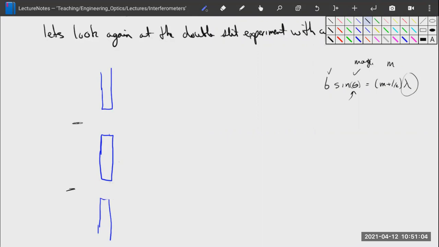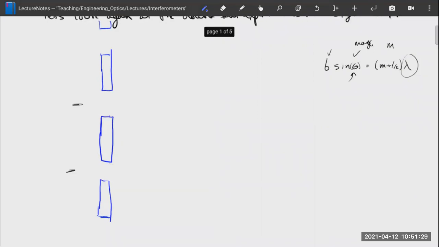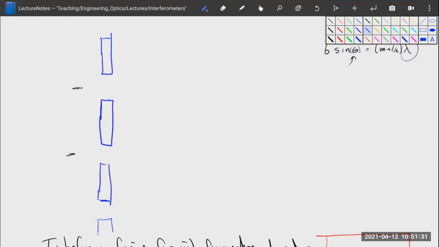But if you remember from our temporal coherence work, it was difficult when we had multiple wavelengths and they would overlap a lot, because then we couldn't see the peaks very well, and we also couldn't see the zeros very well. So one thing we can do is add multiple slits like this. Just pretend those go on and on and on. And then what we find is that the difference in